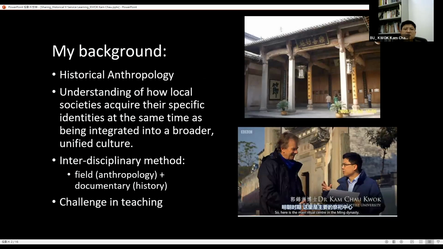What is this? Simply to say, some historians thought that China is too big and Chinese culture is too broad. They should study China or Chinese culture by starting from a very small specific place. And that's why they combine field study and documentary research and seek to answer a question: how do different local societies acquire their specific identities at the same time as being integrated into a broader, unified culture like China. And that's also the reason why